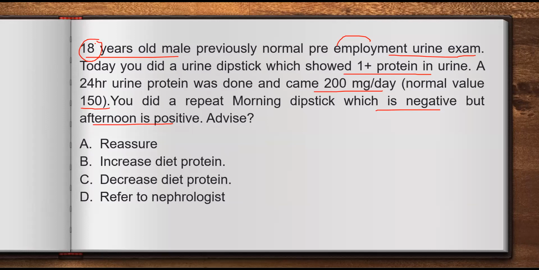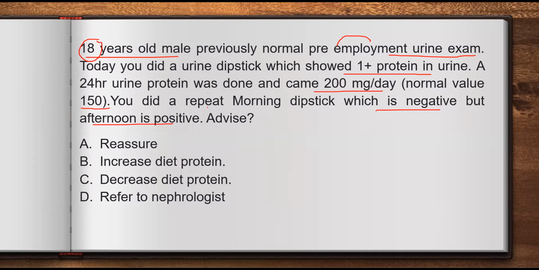So you want to give some advice to the patient. You want to reassure, you want to increase dietary protein. Why? Because you want more urine to come out, decrease dietary protein. Is anything written about the diet in this patient in this question? No. Refer to nephrologist. The question is what we are thinking about in someone whose 24-hour urinary protein is increased,